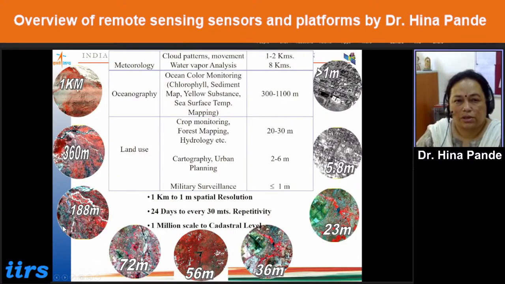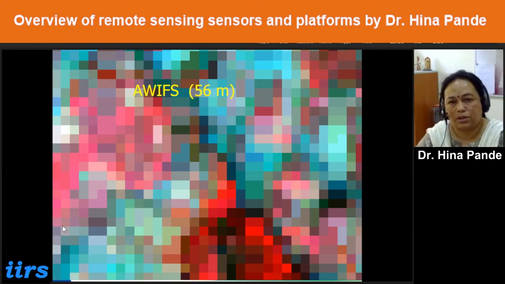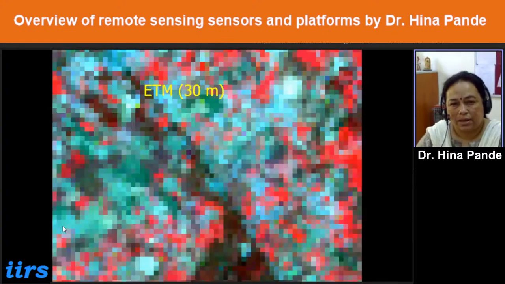So, spatial resolutions of 1 kilometer versus spatial resolution of 1 meter. The 1 meter spatial resolution will give you more details, and you will be able to see, say, individual buildings, roads, etc. And on a 1 kilometer spatial resolution or pixel size, the larger area will be visible but with less detail. So if you see, this is the AWIFS sensor at 56 meters,